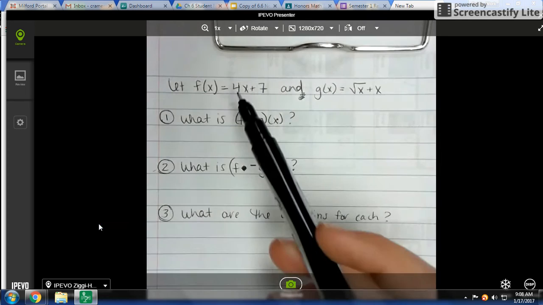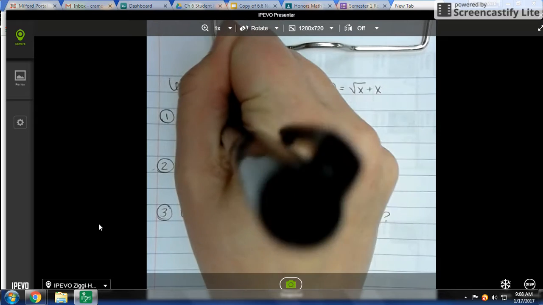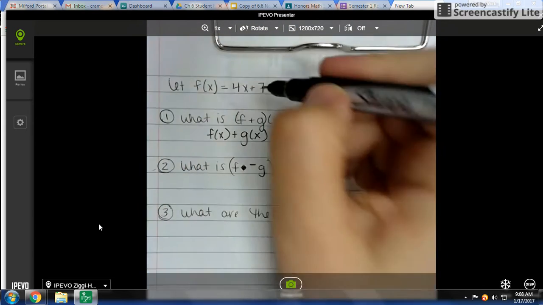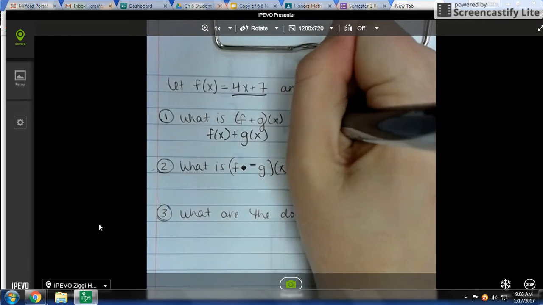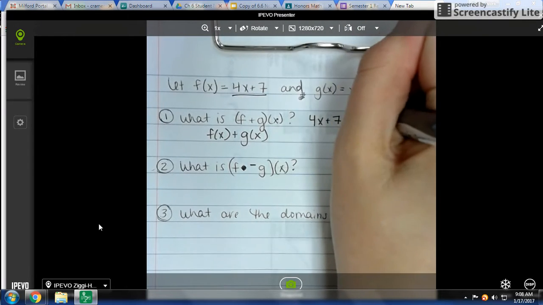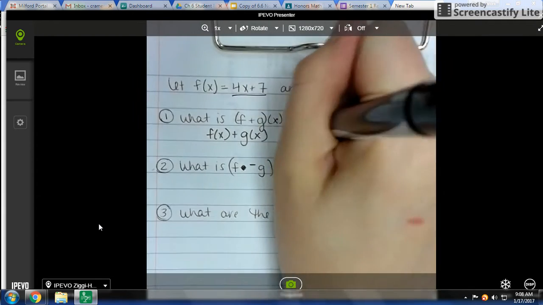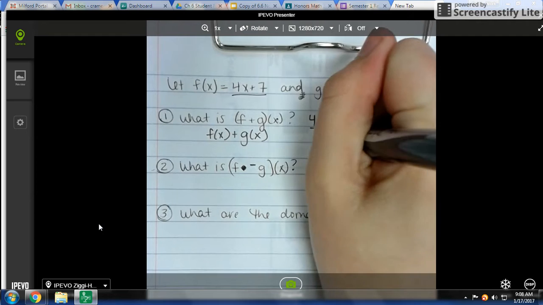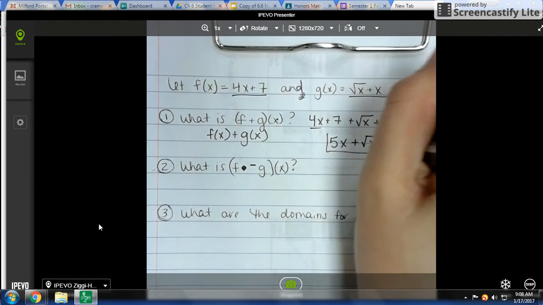All right, so here this asks what is f plus g of x, and that is the same exact thing as f of x plus g of x. So we're just going to add this and this. So here we have 4x plus 7 plus radical x plus x, and here we can combine like terms. So we have 4x and x would be 5x, and radical x and 7 do not combine,